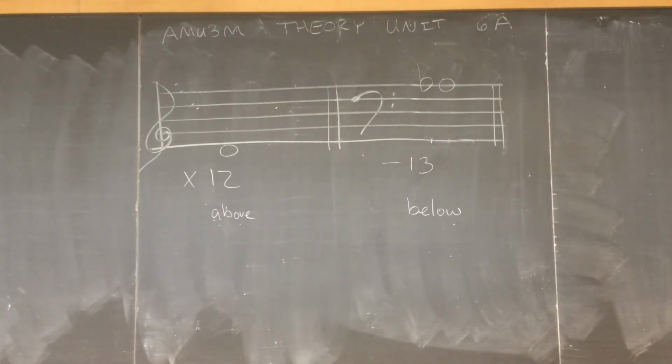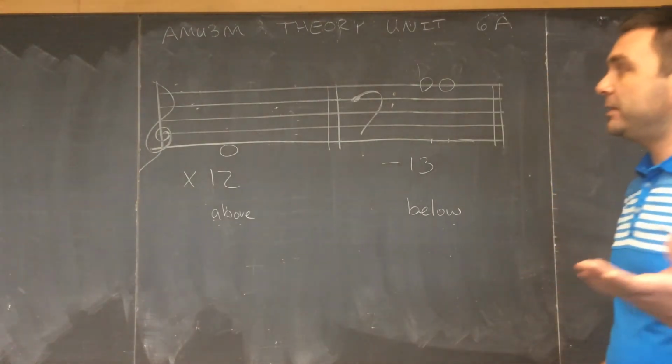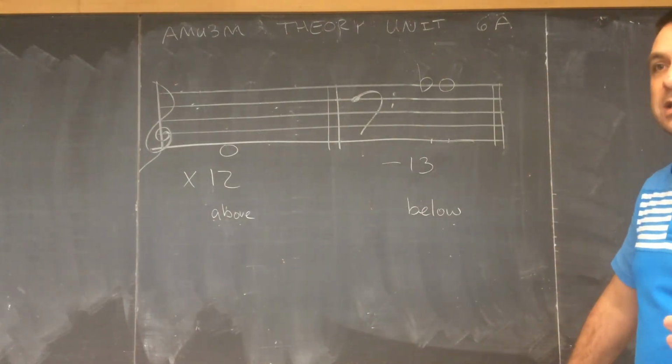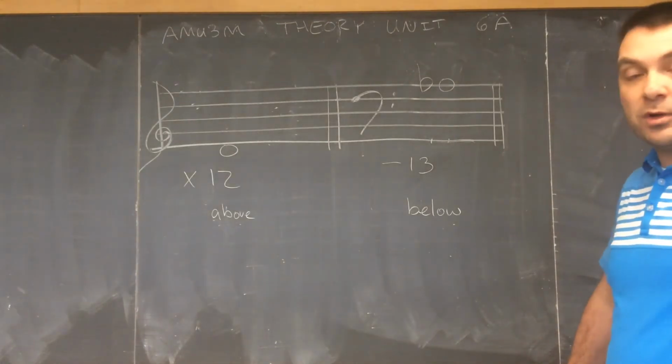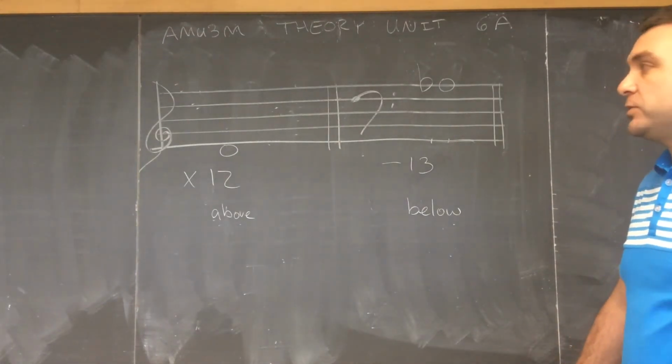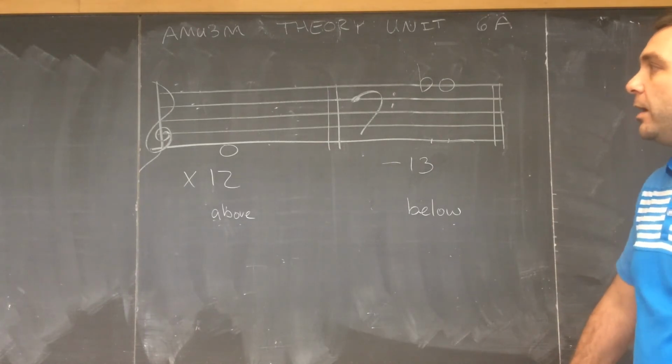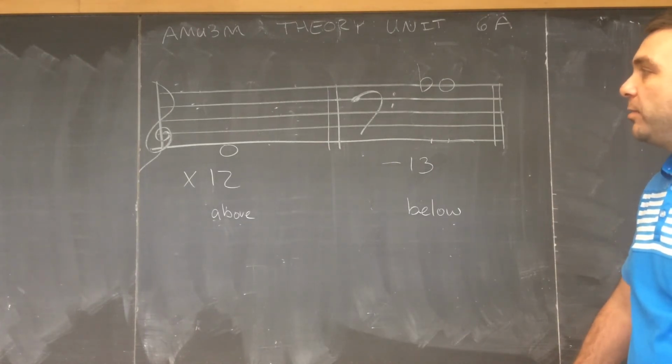First step, just like all other interval questions, we're going to identify the pitch we've been given. So it's a D in the treble clef, and we're going to use the same procedures that we always have for determining what intervals are and how to solve these. So we're going to assume we're in a major key, in D major, and then we're asked to draw an augmented 12th above that